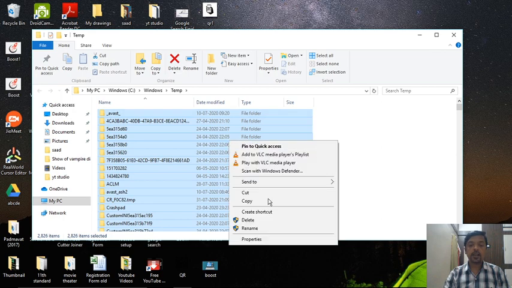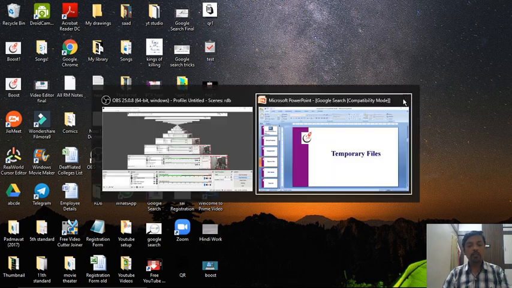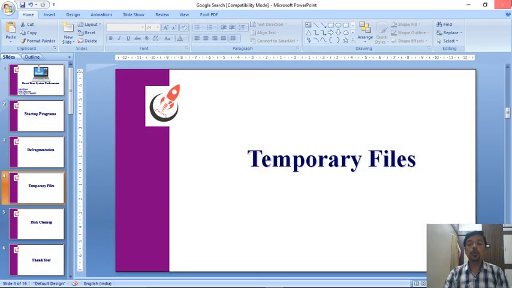Just right click and click delete, or you have the option of delete available over here also. So in this way, all the temporary files from your computer will be removed. So this is another way using which you can improve the performance of your computer to some extent.